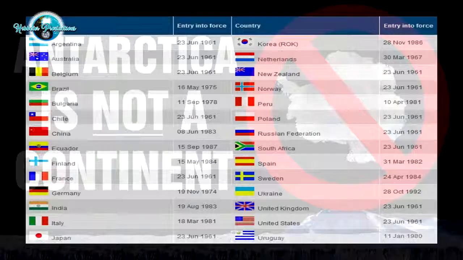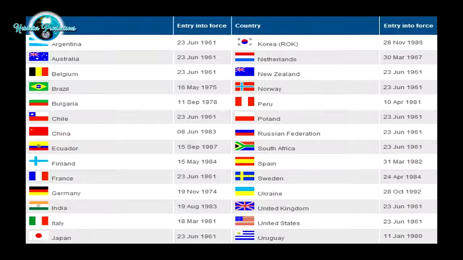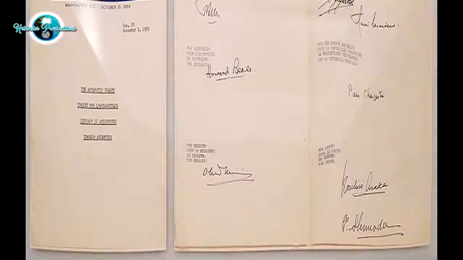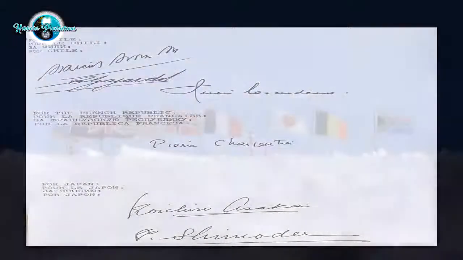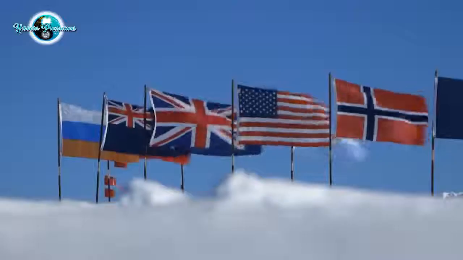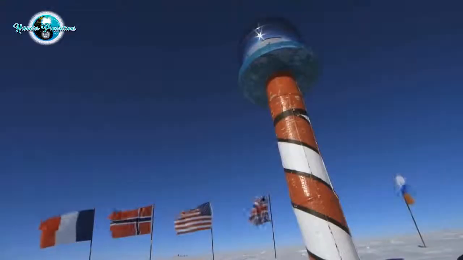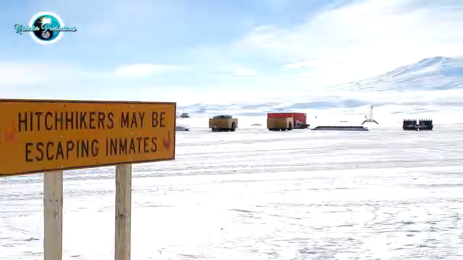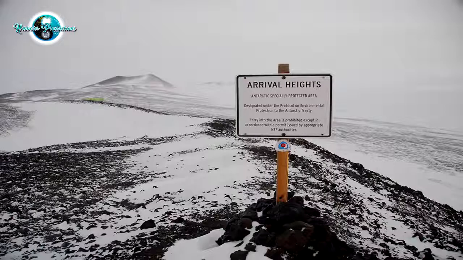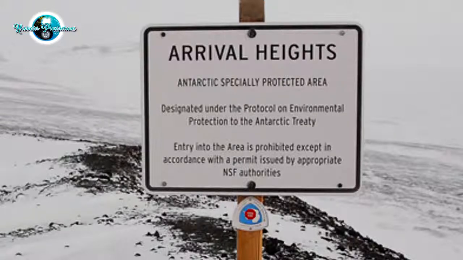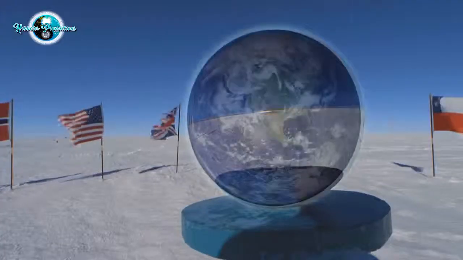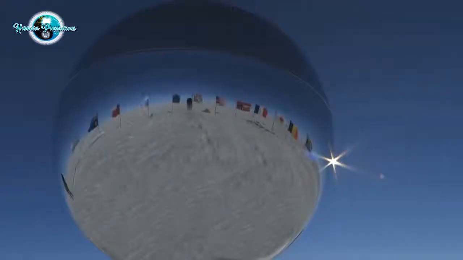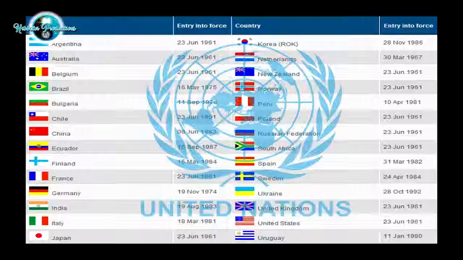When I look at the people who signed the Antarctic Treaty, and all the nations that were down there doing whatever they were doing, signed a treaty, and I believe it was 1958 or somewhere thereabouts, saying nobody can stake a claim to Antarctica, and if you're going to go down there, you can only go for scientific reasons under carefully restricted guidance. It's not a free-for-all. Nobody can just say, hey, I'm going to go check out Antarctica and do a high jump of my own. No, can't do it. It's the only treaty that all these countries have signed and never broken and completely agreed on. It's the only one.